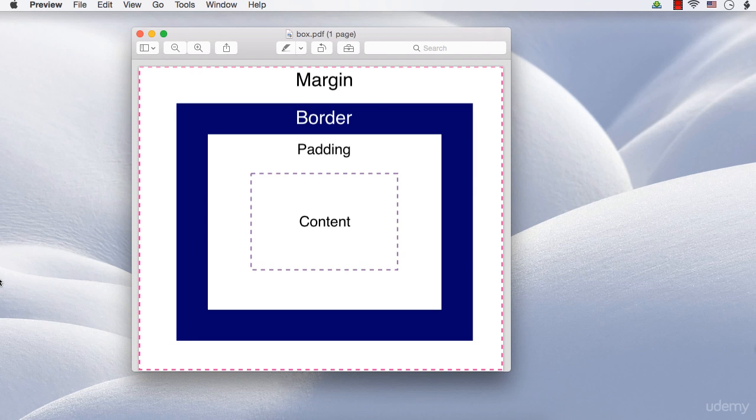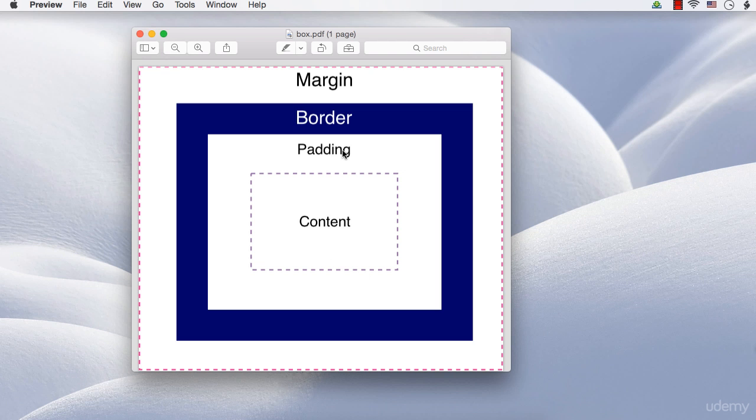So, I have created an image to explain the CSS box model. Here you could see content, padding, border and margin. The core of the box is decided by the width and height of this content area. The width and height can be decided based on the value of display property, based on how much content it contains, and also by setting the width and height values explicitly.